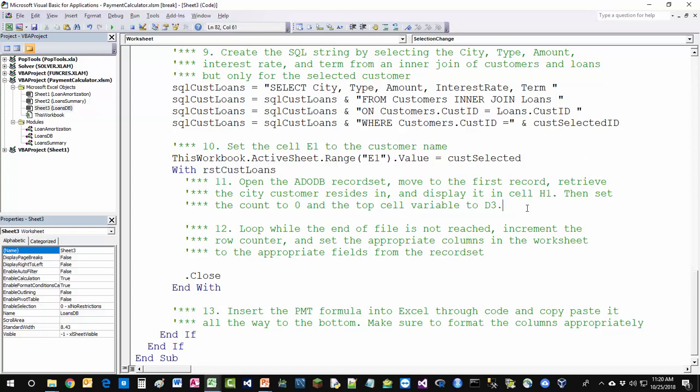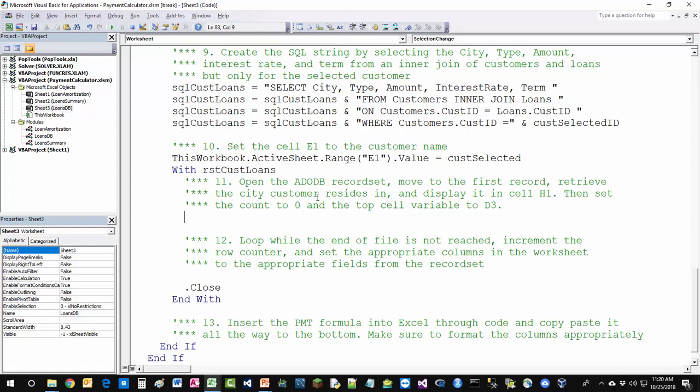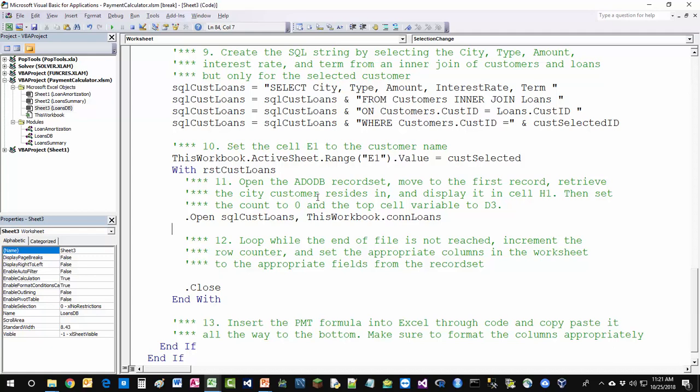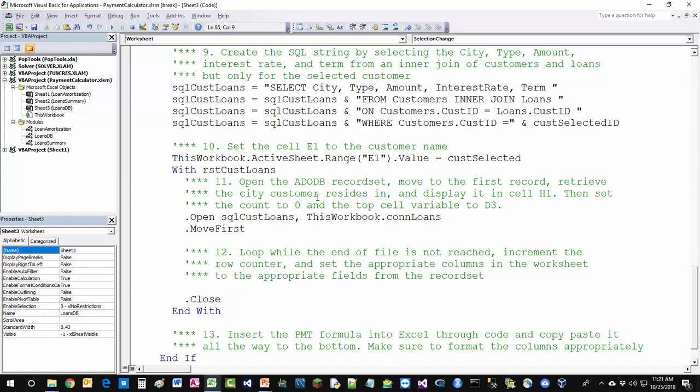So this all comes down to opening the record set first with SQL cust loans. Okay, using what's hopefully the active connection. We're going to have to check this workbook.con loans, and if it's not active, we're going to have to reactivate it, as I discussed a little bit before in previous videos. Okay, then what we do is we move to the first record, in order to grab the city information,